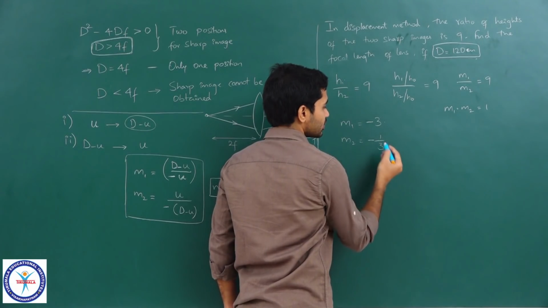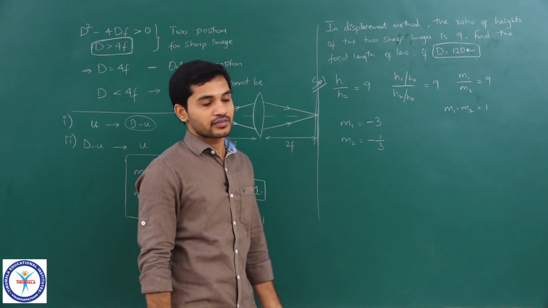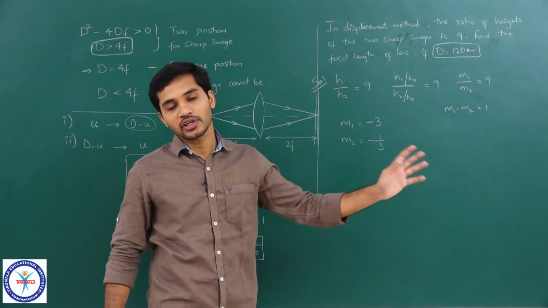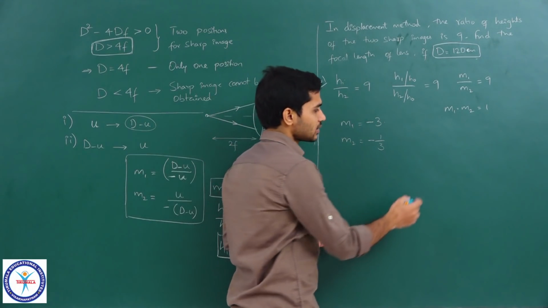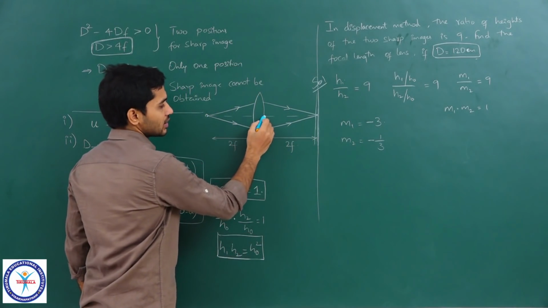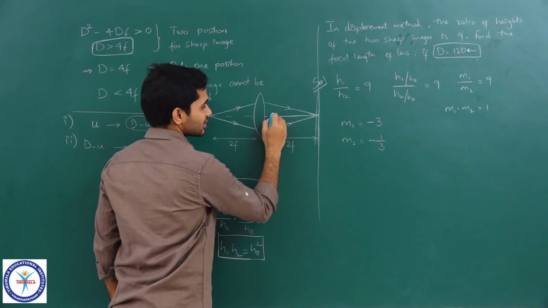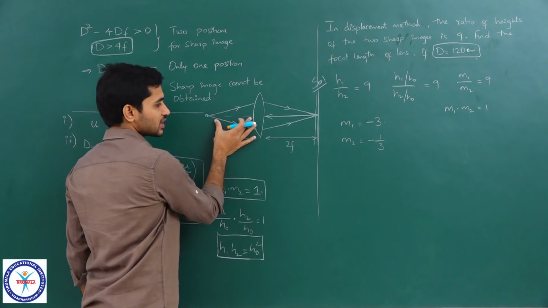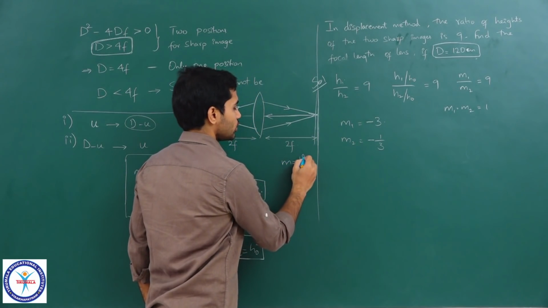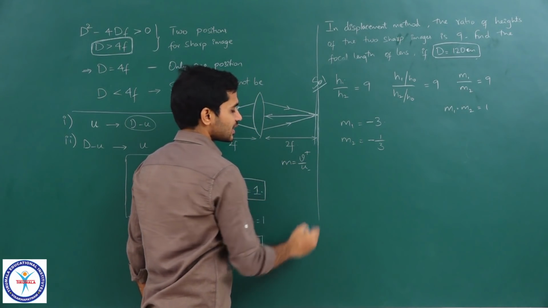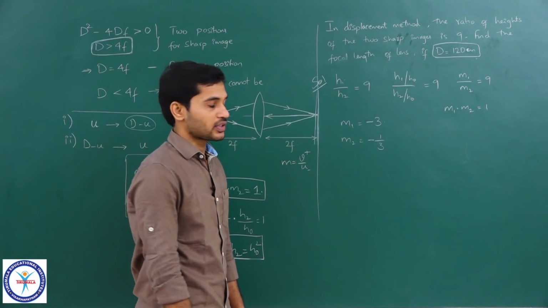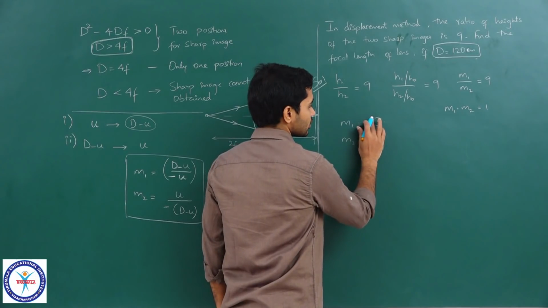Magnification which we get in displacement method, both are negative values, because what is the scenario? We are getting a real image, right. Real image is inverted, or you can understand that if this is the lens which I have drawn here, the image distance is positive, object distance is negative, and magnification means V by U. So, one is positive, the other is negative, so you will definitely be getting a negative magnification. Now we have the magnification minus 3.